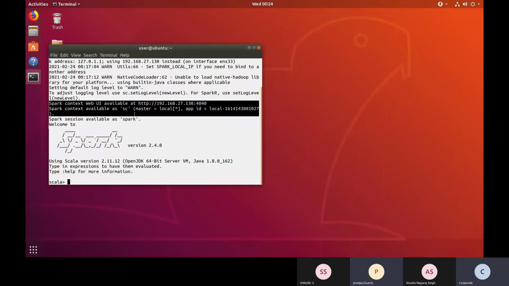Your driver program and RDD both access the Spark cluster using the Spark context. Write down: RDD means Resilient Distributed Data Set, and the driver program.